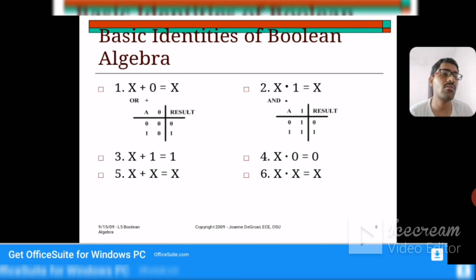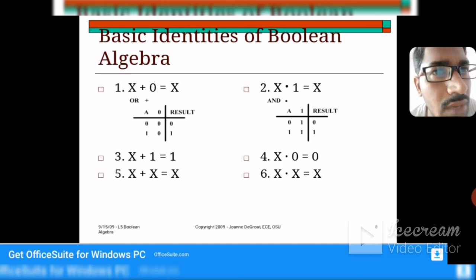In the third case, 1 into 0. So we will not consider this one because we are multiplying with 0. In the fourth case, we have 1 into 1 is equal to 1. Hence, if we are multiplying 1 with 1, then the output is 1. So, from this we conclude from the AND gate truth table that whenever we are multiplying a binary number with 1, we are getting the same binary number itself. Hence, it is the second identity. Similarly, you can prove all the identities.